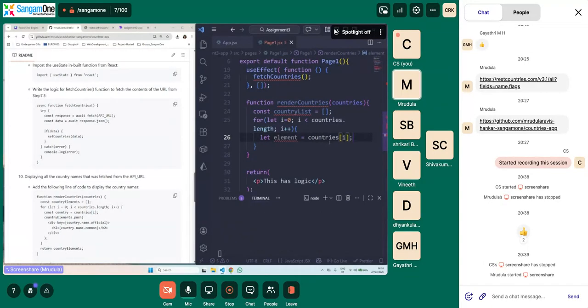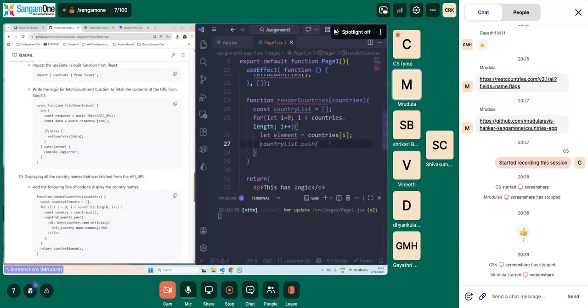Okay, so we are looping through the list. So now we have taken the first element of the countries list array, and then we are going to extract the information from it. Since we have an empty array, we will push the elements into it, adding an HTML tag.